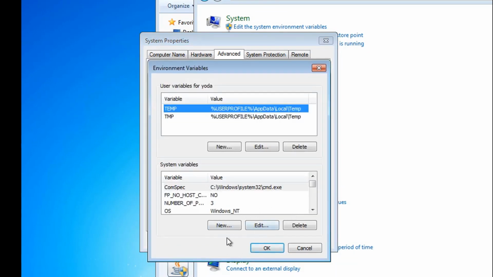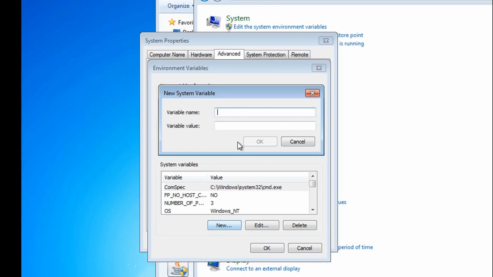Under system variables, hit New and create a new variable called JAVA_HOME. The variable value would be your location of the JDK Java home. You can give the full path, or since there's a space here, you can give the shortcut, something like Progra~1, which refers to Program Files.